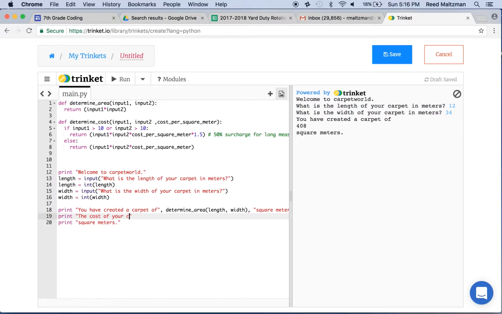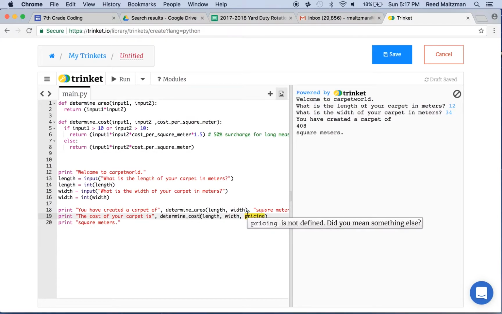The cost of your carpet is, comma, and this is called determine cost, length, width, and pricing. Okay, it doesn't have to be the same variable name as up here,